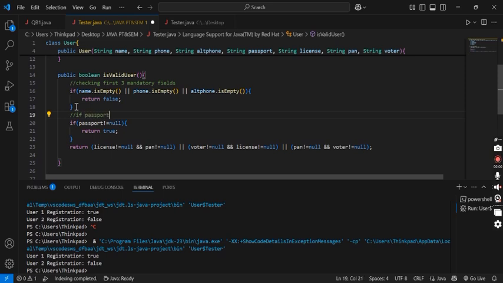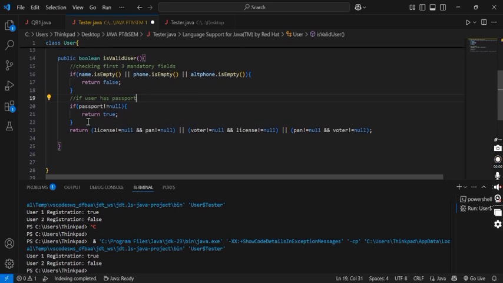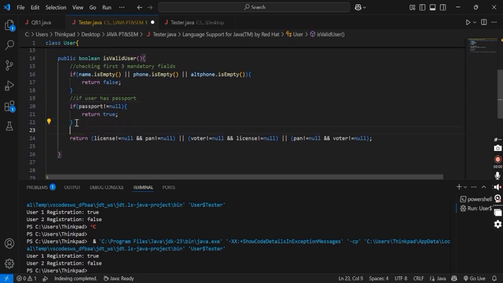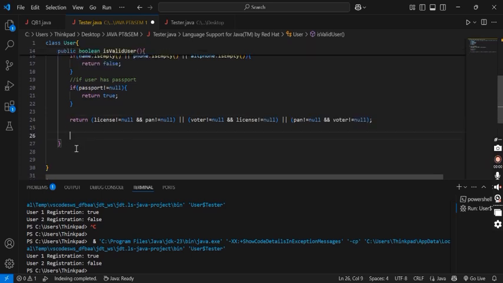If the user has a passport, fine; if the user does not have a passport, then we should return all these. So that's why we have given this, and then after that, as you can see,